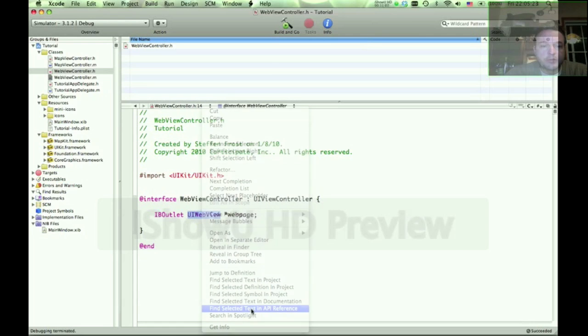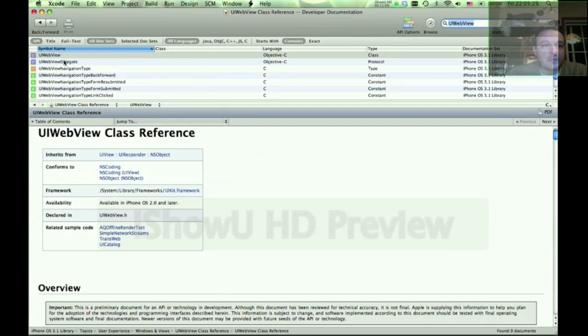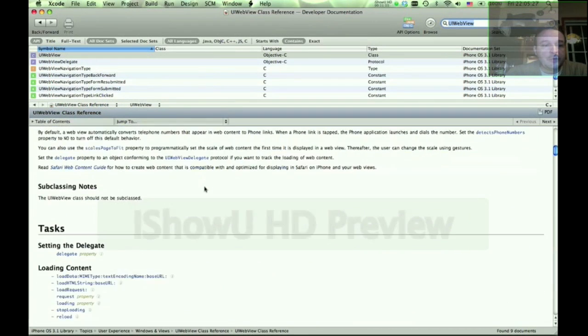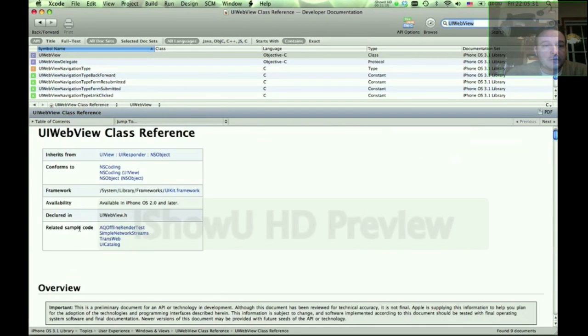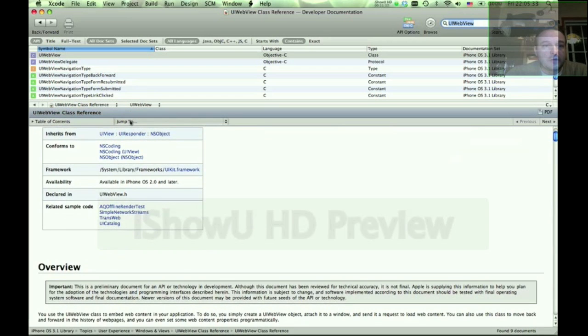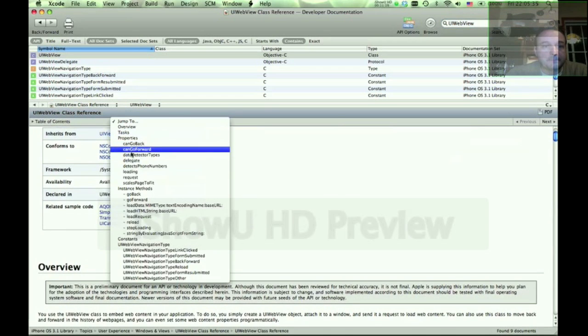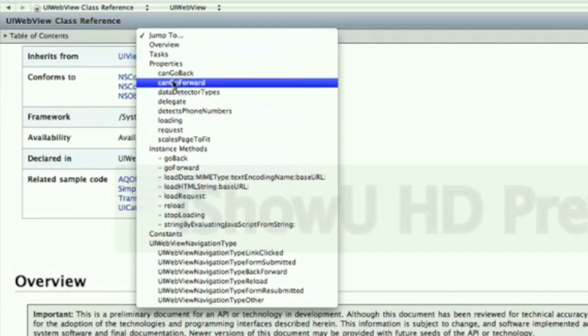But in order to get a reference on this UI web view, notice that one of the methods you can call on a UI web view is